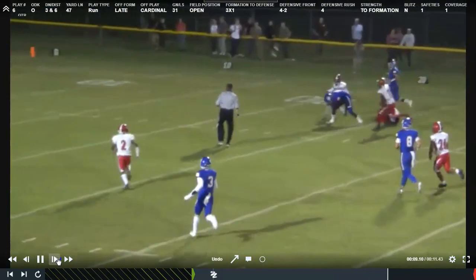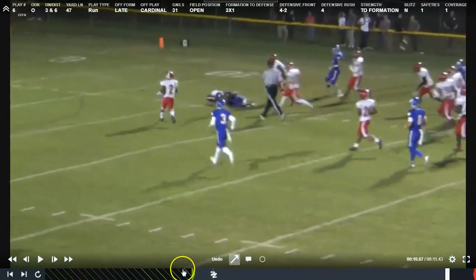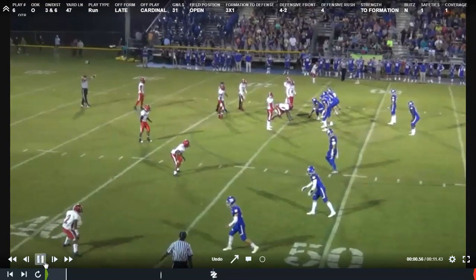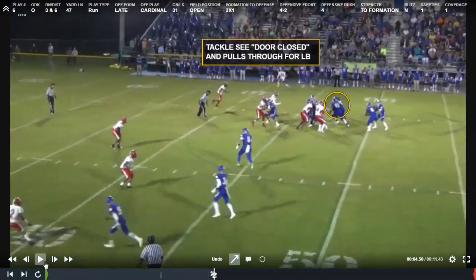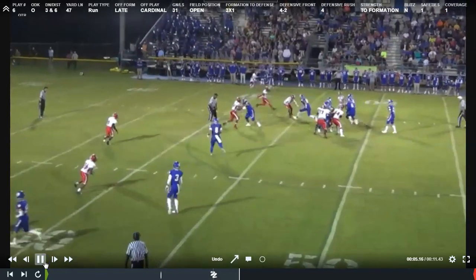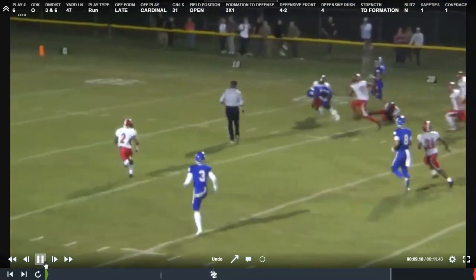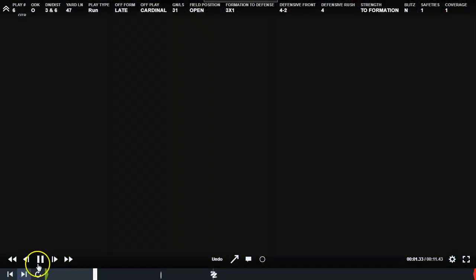Okay, so you can kind of see how that works, and I'll show you this at full speed so you can kind of get an idea of what we're talking about. When we come up, got a kick, lead through, and big play down the stretch there. And so that's something that I want to do. Okay, now